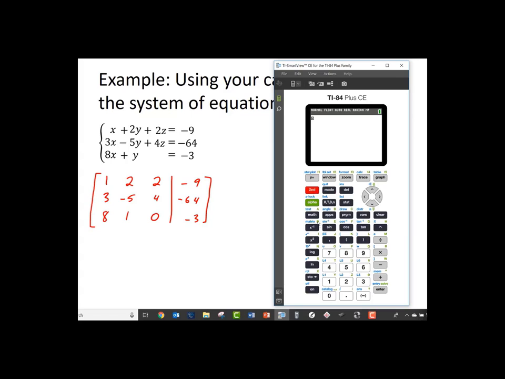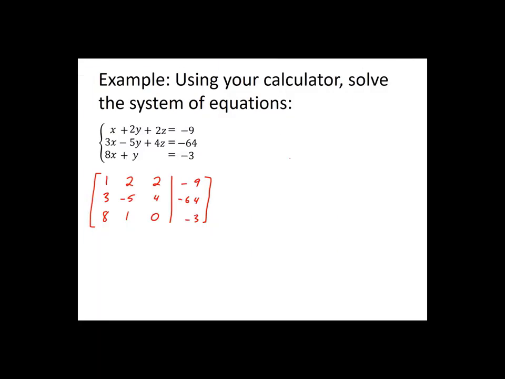Now I will choose second matrix again. Arrow once to the right, choose math. I want to go all the way down to B, which is RREF. Finally, I need to press second matrix and select under names here, A for matrix A. Close my parentheses. So I have RREF of matrix A. Press enter. And in reduced row echelon form, that is